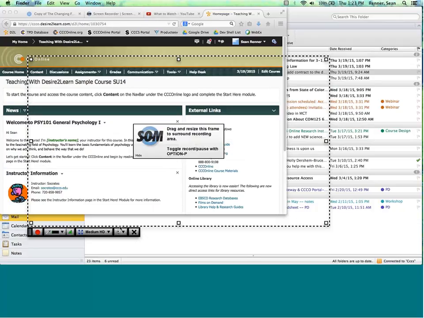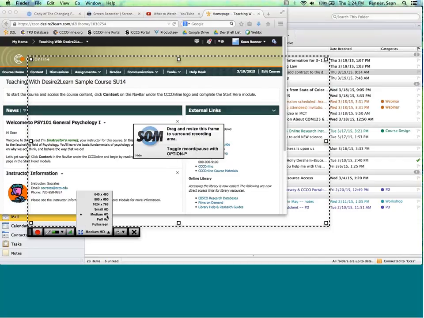As a quick note about these HD settings, small, medium, and full, those don't really mean anything. HD is a standard that is generally going to be either 720 pixels high or 1080 pixels high. So these small, medium, and full, these are some things that Screencast-O-Matic just made up.